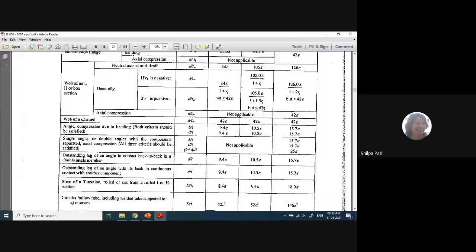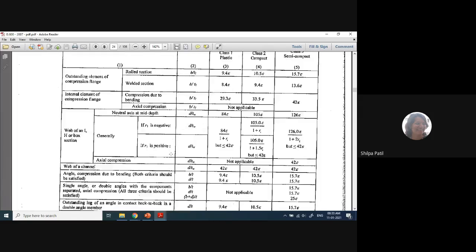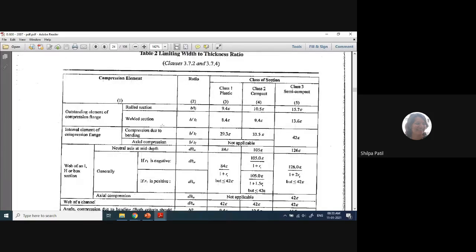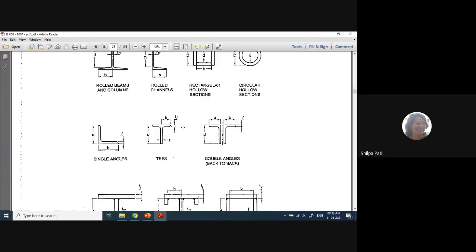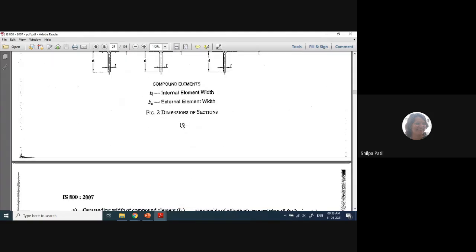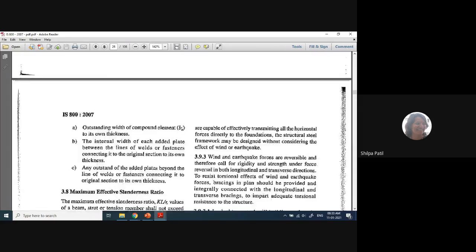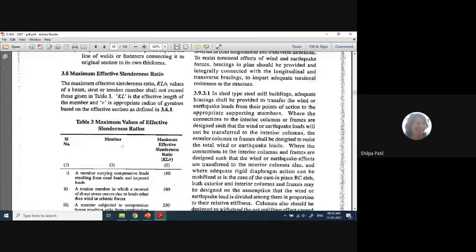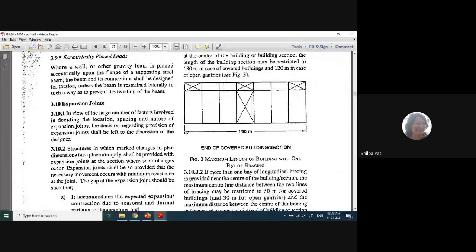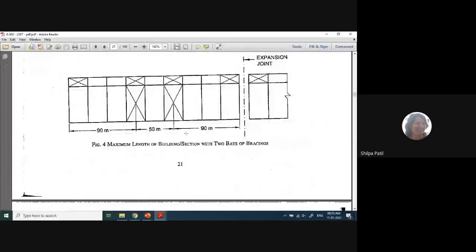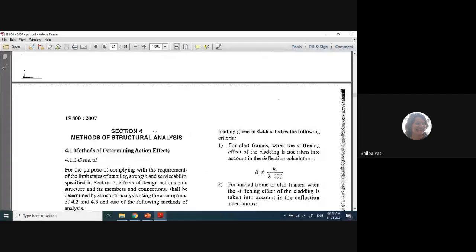You need to understand how to make use of the tables. You will deal with n number of tables in this code. For every table, how to use it is also important to understand. What are the values given in the table and how to use them? What are these various diagrams? These diagrams have a specific meaning, and every diagram is linked with a specific table. So using IS 800, it is very important now to understand how to use the code. Then the various values for slenderness ratio, you will require this table also. All the sections of IS 800 that I have told you are important, and you need to read everything at least once before giving the final exam of this particular subject.